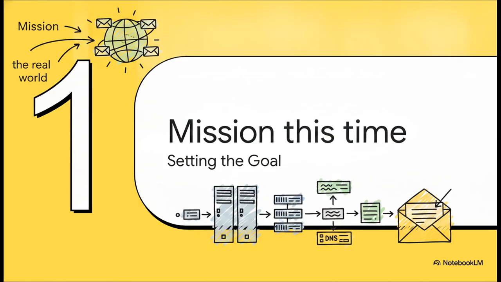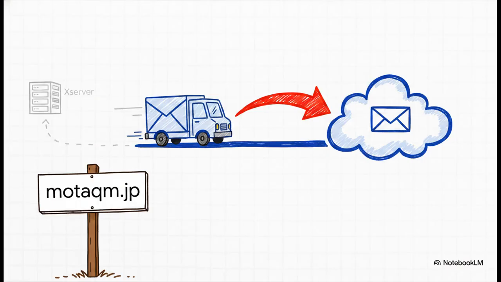Section 1, mission this time. Our goal here is super straightforward but incredibly impactful. We are taking the custom domain motangsheq.jp and completely shifting its email receiving destination away from X server, pointing it directly to Google Workspace. We're basically updating the digital address for the mail truck without changing the public-facing domain name